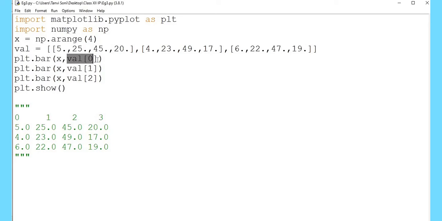Val at index 0 will generate 5, 25, 45, 20. Val 1 will generate 4, 23, 49, 17. Val 2 will generate 6, 22, 47 and 19.